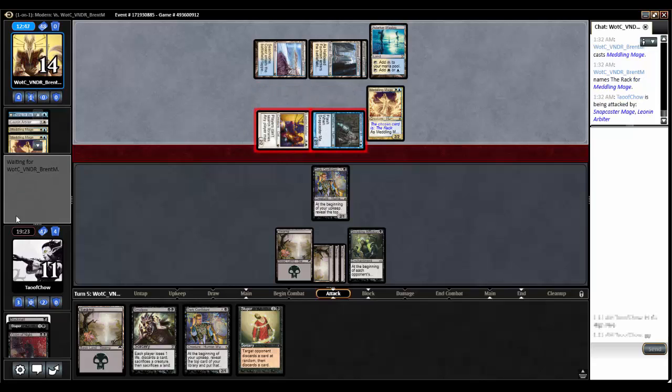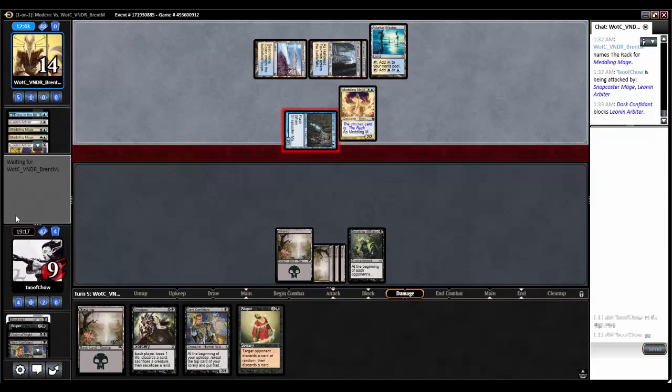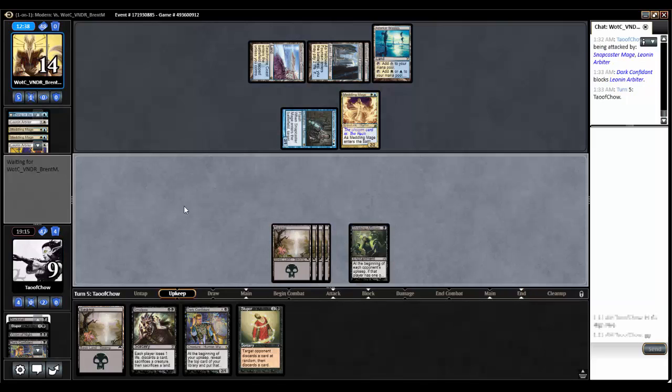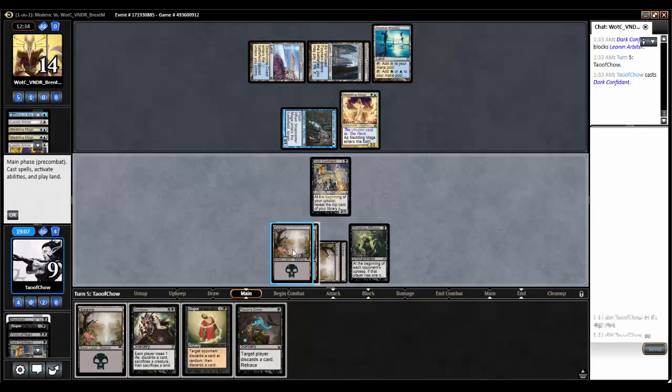Alright. So, I think I'm actually okay still. Let's go to blocks. We'll kill the Arbiter. And what am I going to get here? Raven's Crime. Okay. Shrieking Affliction's actually pretty good still, so okay, let's go 2 mana, Dark Confidant. Okay, and then 2 mana...